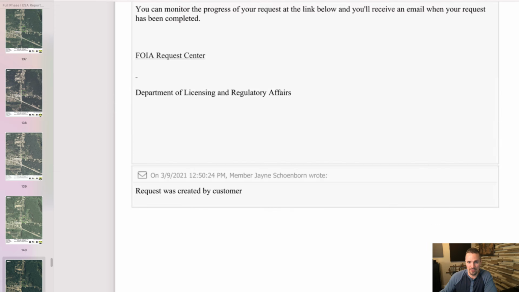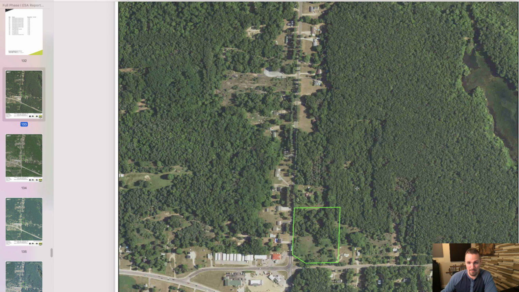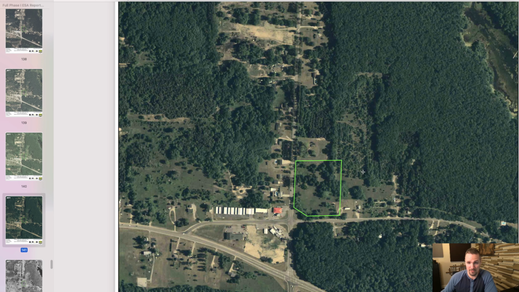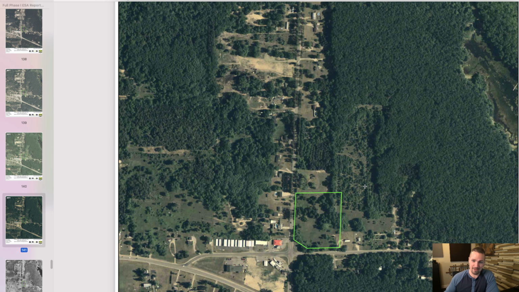woods. If we go up here and see the present day map, you can see it's pretty densely wooded in there. And you can see, it looked pretty different. I wonder what was going on back then. Like, was that an orchard at some point? That's actually one of the reasons why they look at these historical maps, because you can see what the property may have been used for back then.